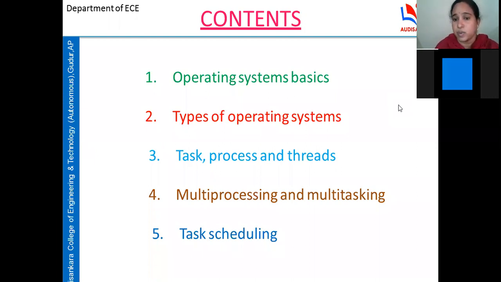And what is a task, what is a process, and what are threads? I gave you the introduction to these while discussing the third unit. The main application is divided into tasks, and under a task several processes will be there. The process is a part of the task and threads are parts of the processes, and all of these are, frankly speaking, programs or sets of instructions. And multi-processing: how the embedded system can perform multiple tasks at the same time, and how it schedules different task execution. All of this we are going to discuss in the fourth unit.